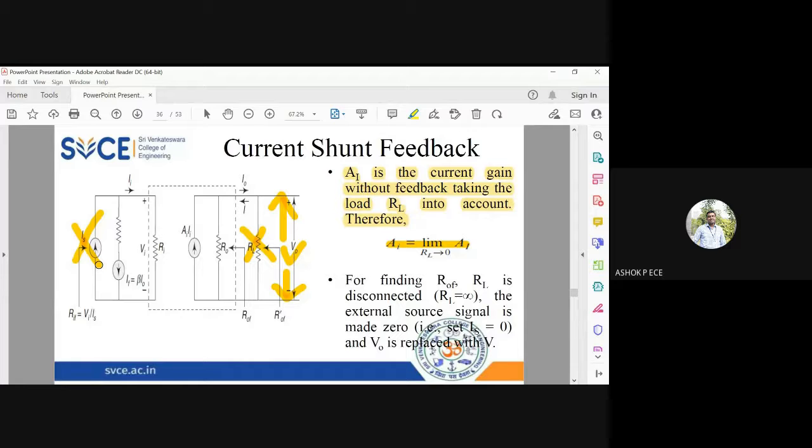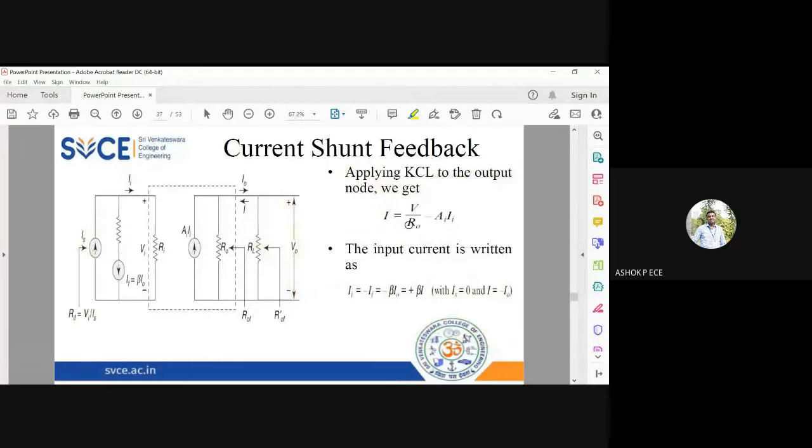So if you apply KCL at the input side, two currents are there. II, at this node you see II plus IF equal to 0. Or I can write II equal to minus IF. Okay, so I'm applying everything. So II equal to minus